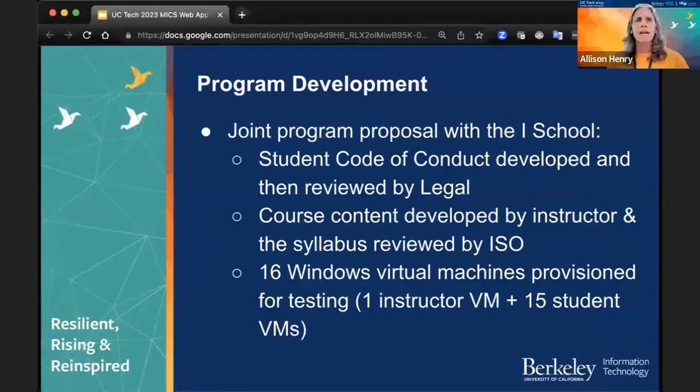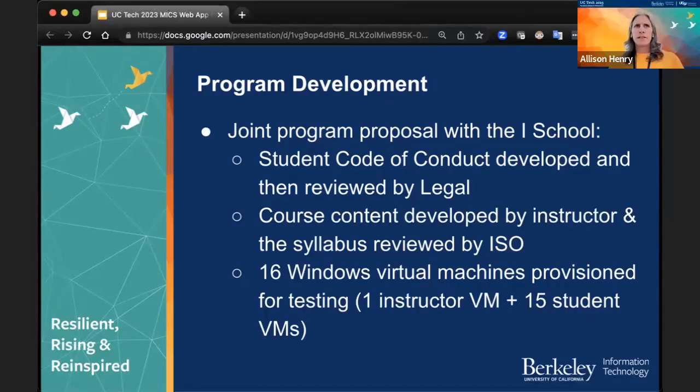A solution presented itself when a woman who used to work within ISO, our former IT policy person, and then became the privacy officer at our campus, eventually moved on to work with the School of Information on a new master's program, a master's of information security. She had a relationship with us and knew this could be a really valuable partnership. She reached out to me, and that's Lisa Ho, by the way. I just want to give a huge shout out to Lisa for all she's done to make this happen.